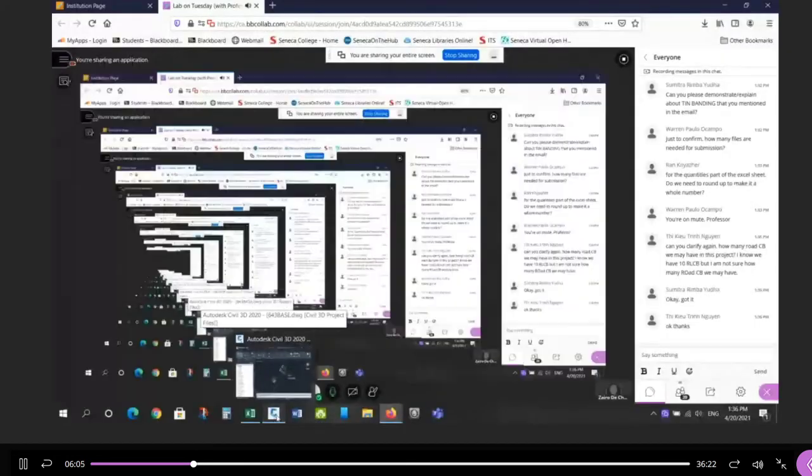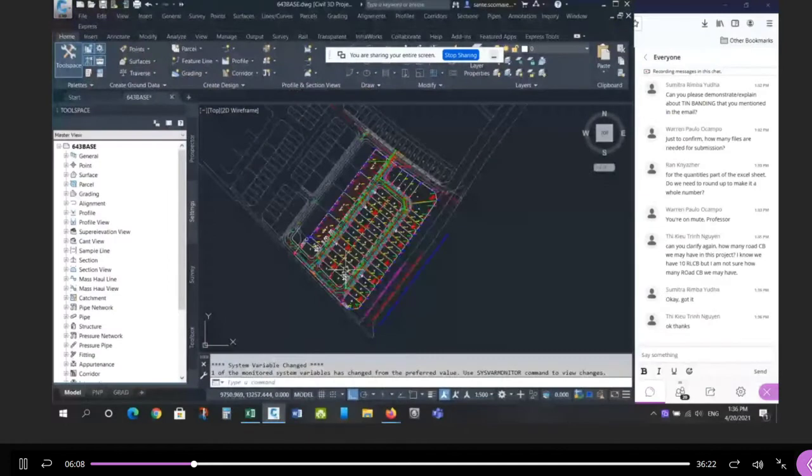Some people are putting in double catch basins at the low point based on one of the standards, which is fine. For instance, let me share my screen. Whoops, my screen, sorry. So if we go to AutoCAD, I'll show you here. So if I go to here,